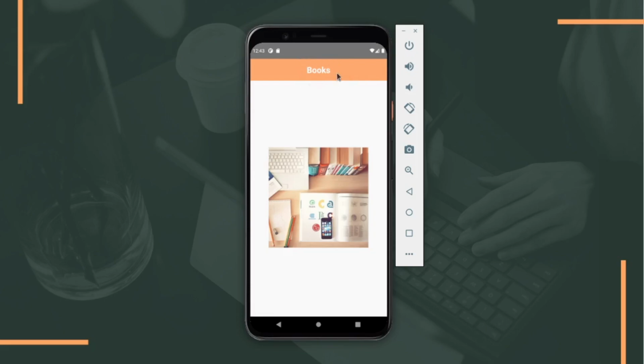You can see here a header with some text. This header text we will send from parent to child as a prop. We all know that all apps have a common header with a different heading on every screen. In this way, the header component can be reused several times with different props.